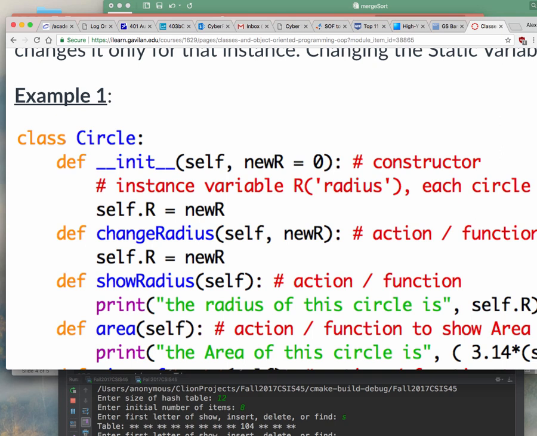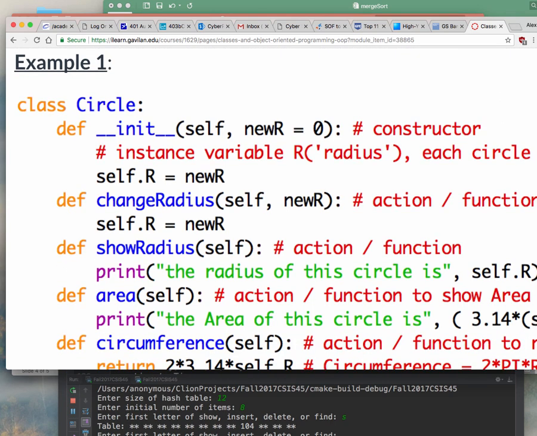You can do that using the change radius property or function or action or method, same thing. And again, at the very least, you should have a way to change the properties and show the properties. Okay, you could have a lot of other methods in the class that provide for different other things that you can do with it.